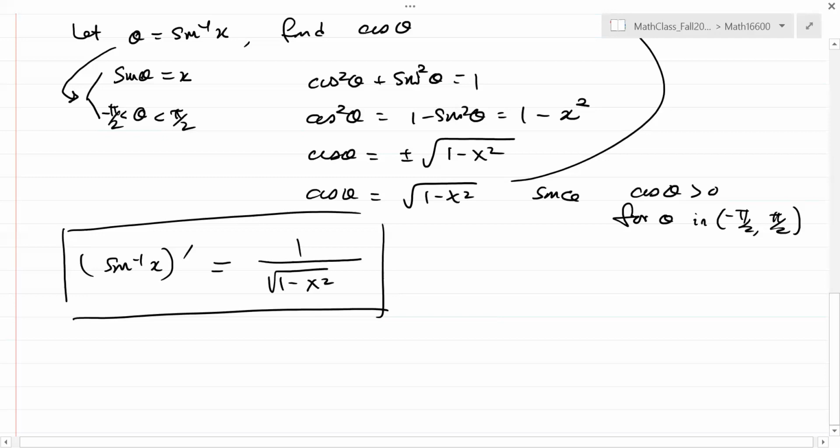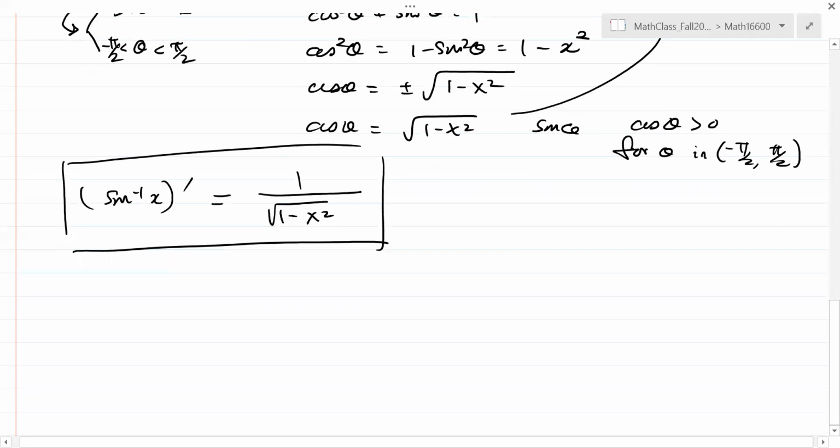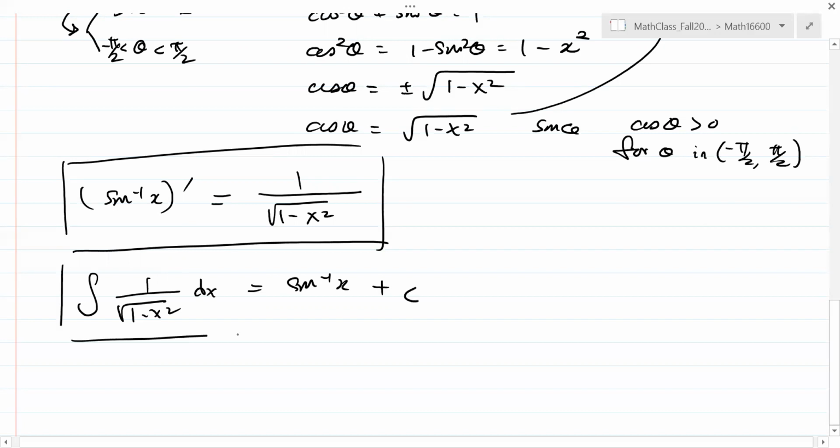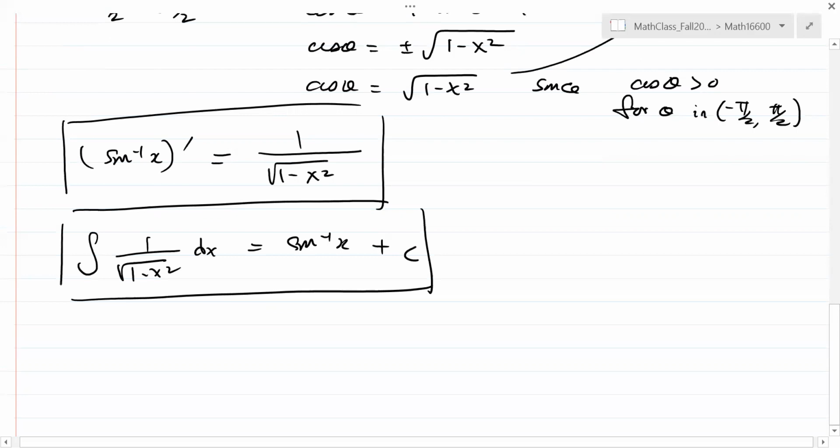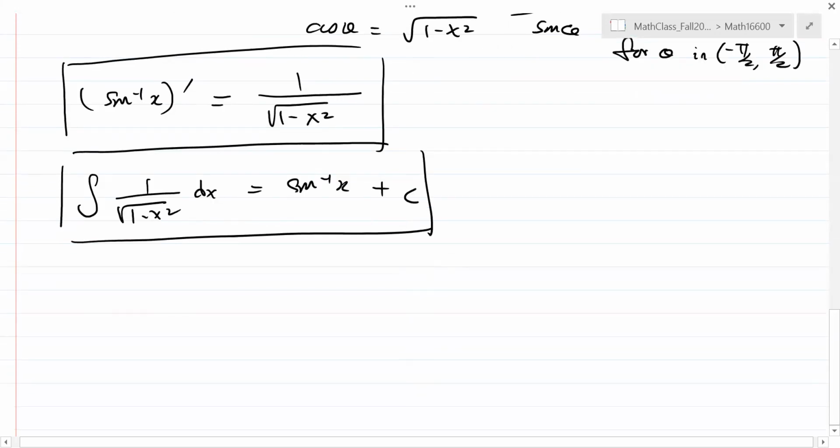Okay, so this is a formula, and similarly, you can find the derivative of the inverse cosine x. But anyway, if you have a formula like that, then immediately, if you see an integral, this is going to be arcsine x plus c, right? So those two are dual to each other, okay? You have a derivative and an integral. You have an integral, then you have a derivative, okay? All right,